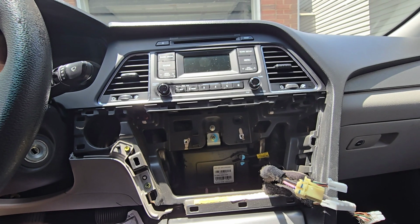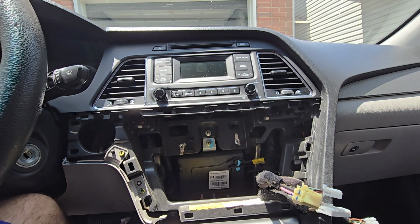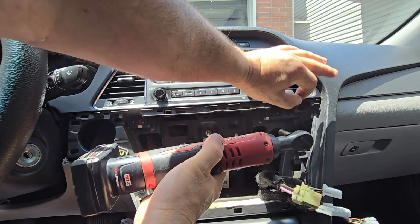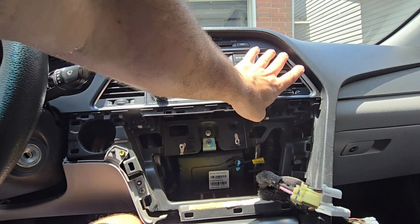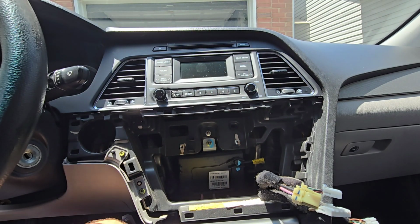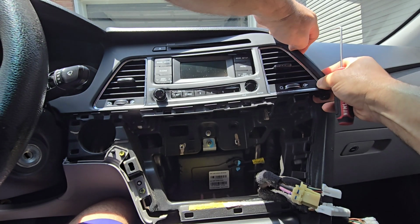But the next thing that I see here that needs to come out for sure are two bolts here, two Phillips screws, or also they're 8mm screws. So this will release this panel, and we can try to pull this back. Obviously it's going to be clipped on the top part. You can try to use this tool here, just got to be careful where you're going to use it. But here we go, this one here will pull out,